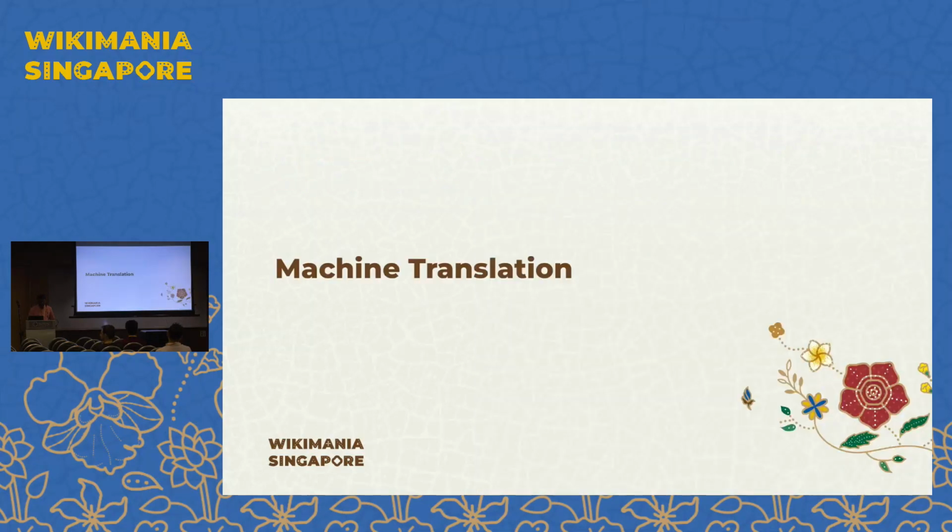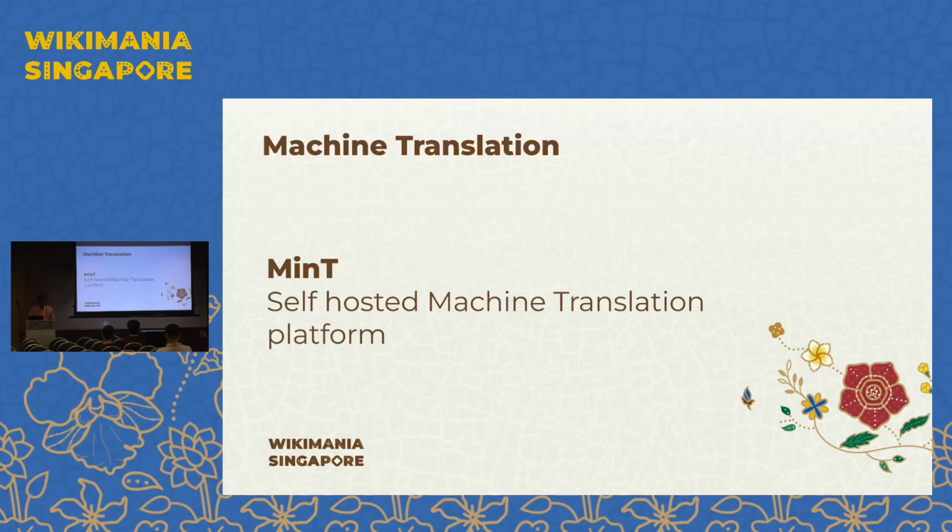All right, so let's start with machine translation. In this set of ideas, I will just give some inspiration for you to start some projects, some food for thought. Machine translation is the idea of translating content from one language to another. I just wanted to tell you that there is a self-hosted machine translation service currently available in Wikipedia that anybody can try. It's a free of cost API that you can play with as you like for any fun projects.